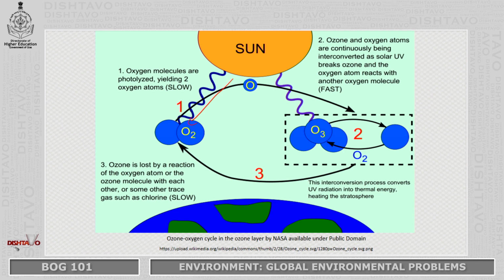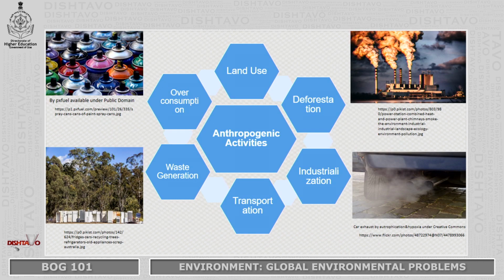At this moment there is another thing that is happening, that is anthropogenic activity. Traces of gases of chlorine, bromine, or the things that we have been using, something that we call CFCs, when they enter into this reaction, the oxygen molecule or oxygen atom that is available for reconversion into ozone is taken away by chlorine. And that is a process that actually leads to the so-called ozone hole. So these are the anthropogenic activities.